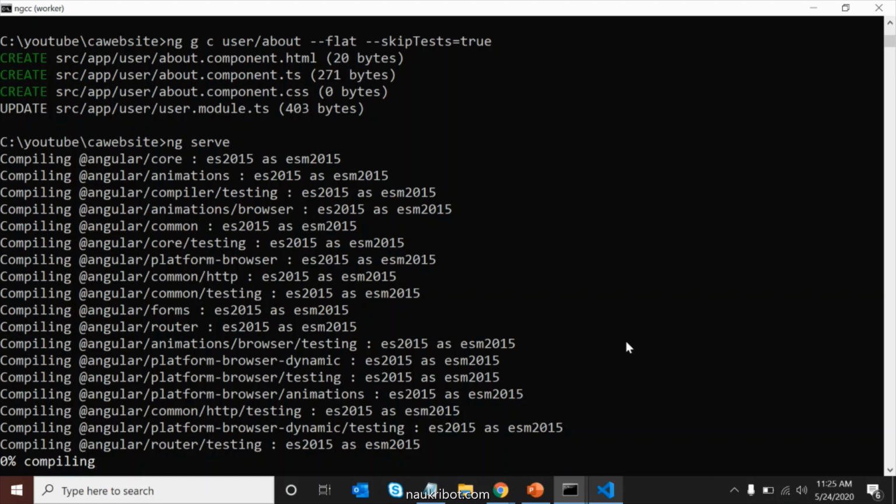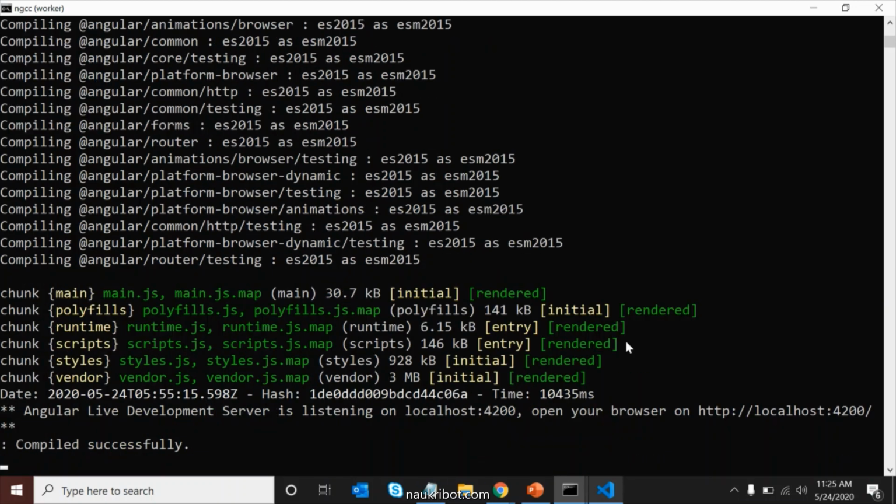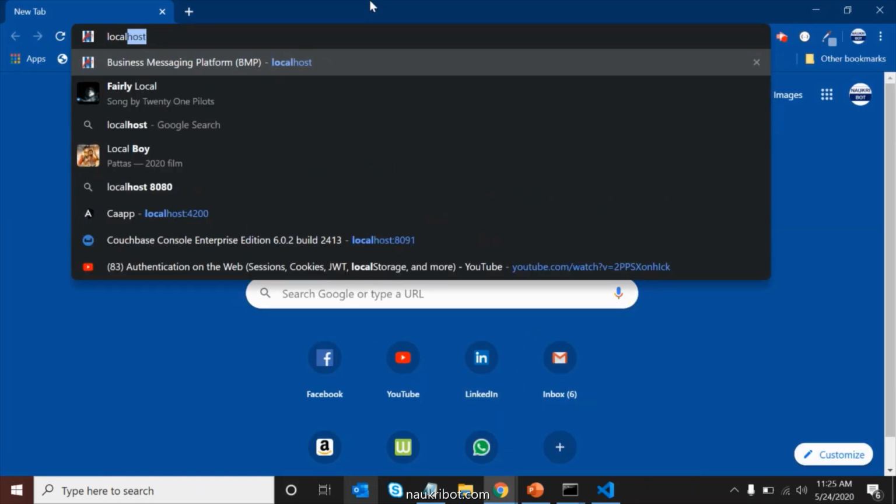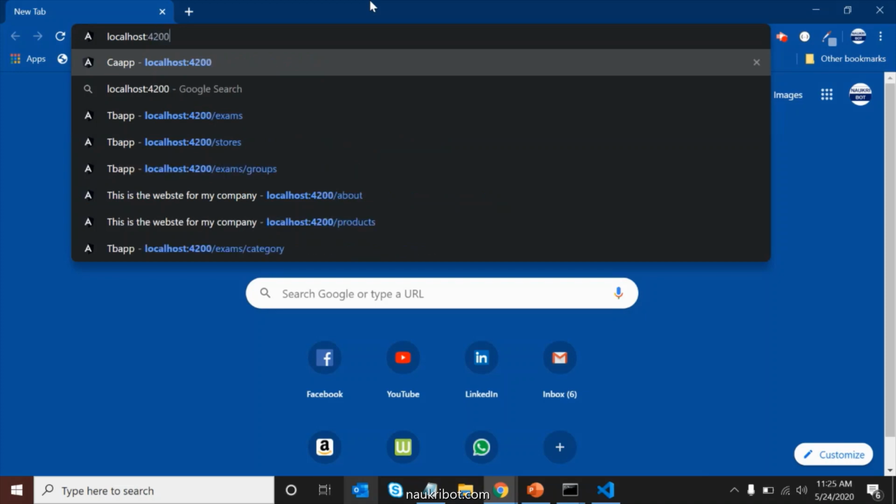Hope you understand whatever I tell you, how to create all these things, modules, components, how to create these routings. It's a very easy step. It's not a complicated step. Okay, now the compilation is successful, and now we have to go to localhost 4200. So I will go to my browser and I will open localhost 4200, and you can see that now this page is started. So what routes we have defined? We have defined home. So after doing this, you can see that home works. Now we will define about. So you can see that about works. So these two routings we have defined.